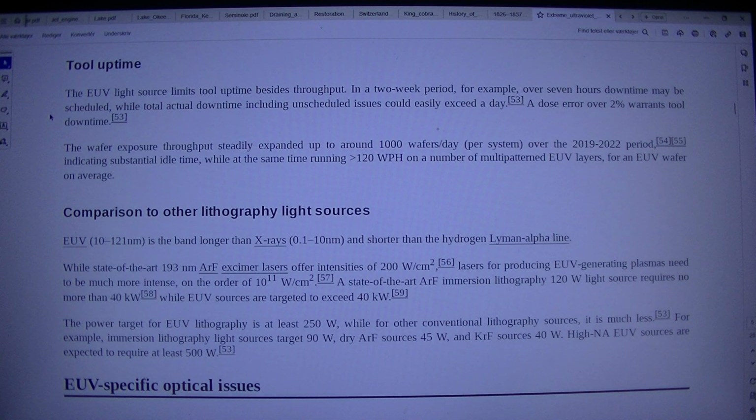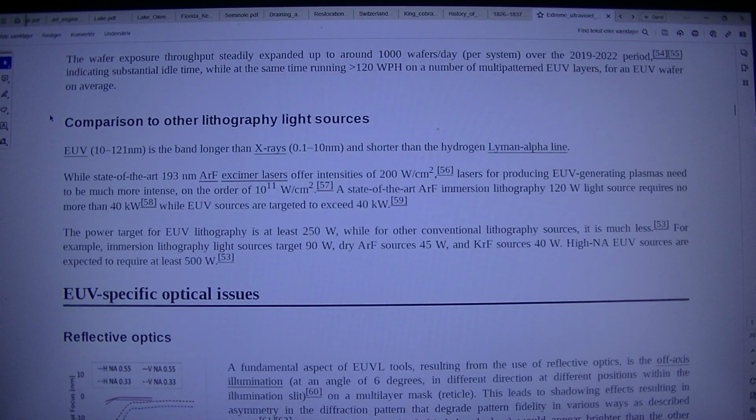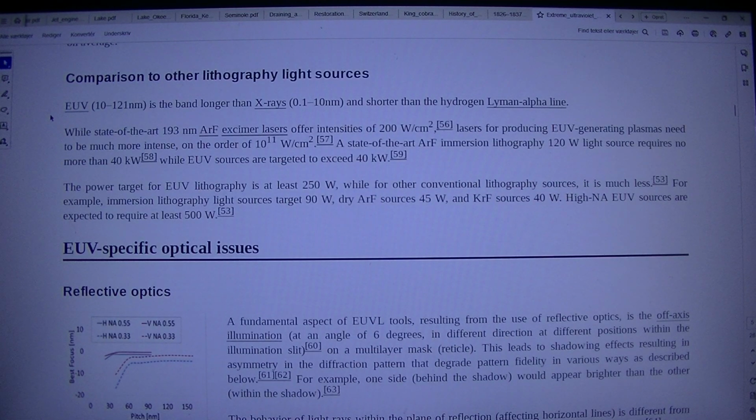Comparison to other lithography light sources. EUV, 10 to 121 nm, is the band longer than X-rays, 0.1 to 10 nm, and shorter than the hydrogen Lyman alpha line. While state-of-the-art 193 nm ArF excimer lasers offer intensities of 200 W/cm2, 56. Lasers for producing EUV generating plasmas need to be much more intense, on the order of 10^11